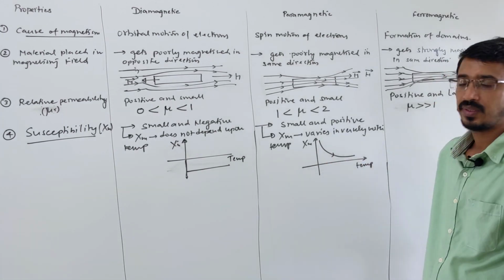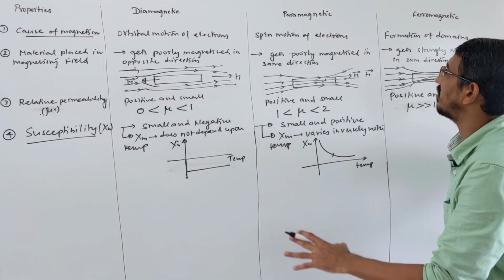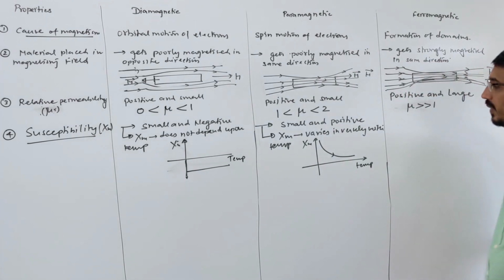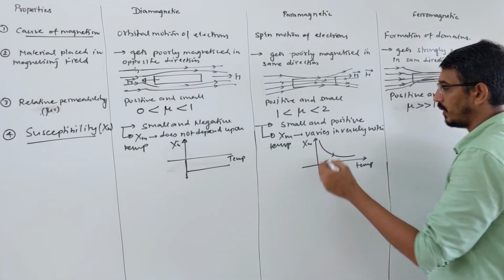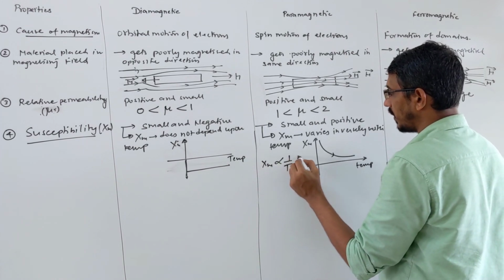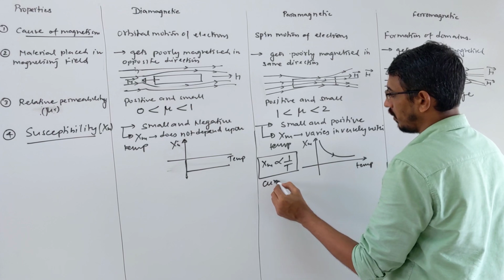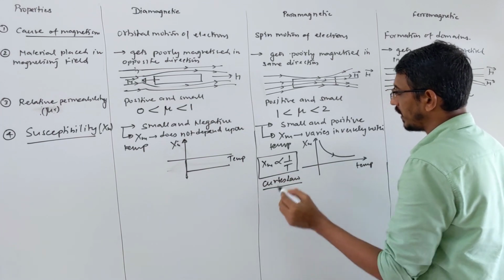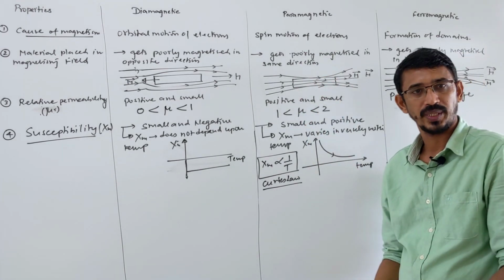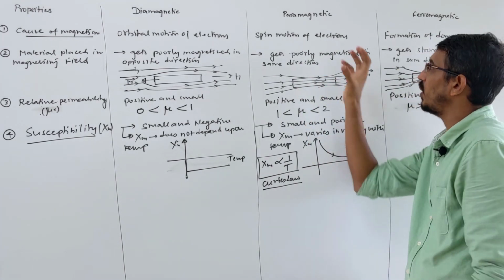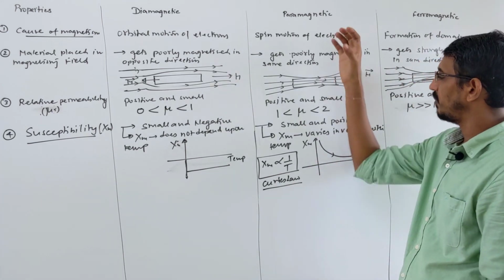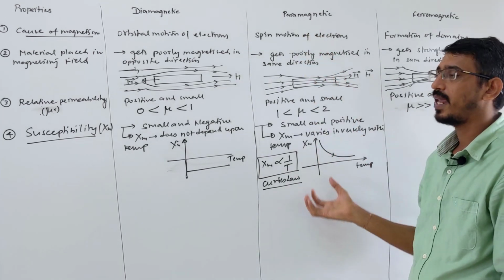Okay, like this. Correct. What happens when you heat a magnetic material, these two, they will lose their magnetic properties. Okay. Yes. This is also called Curie's law. I write here separately: susceptibility is inversely proportional to temperature. This is also called Curie's law. What happens when temperature increases? This material will lose its magnetic properties. But opposite of this, suppose you cool down this ferromagnet, then it will gain magnetic properties.